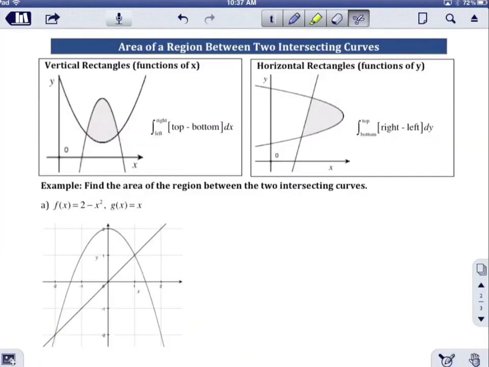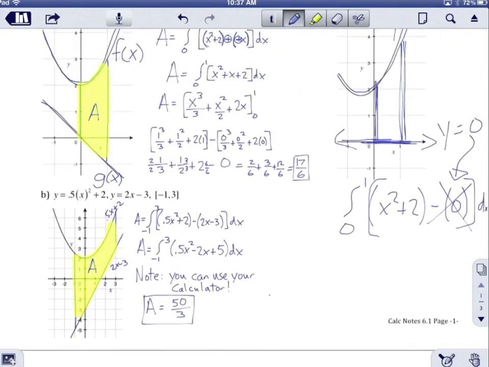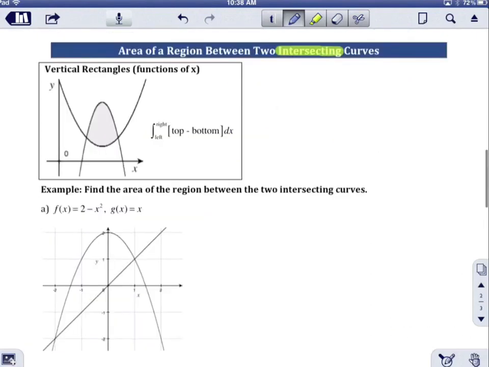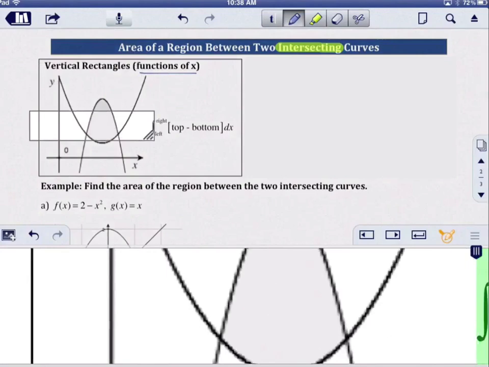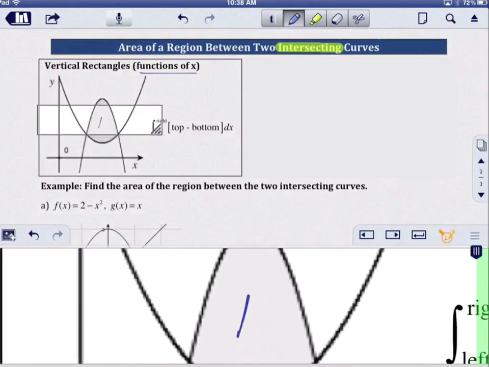Alright, next we want to talk about the area of a region between two intersecting curves. Okay, so you'll notice in all the previous examples we were going between two regions, and that would be given to you in the problem right here. Now what we're going to do is just say find the area of the region between the two curves. So we're going to take a look at two different types of functions, functions of x as well as functions of y. So if we're looking at finding this area right in here,